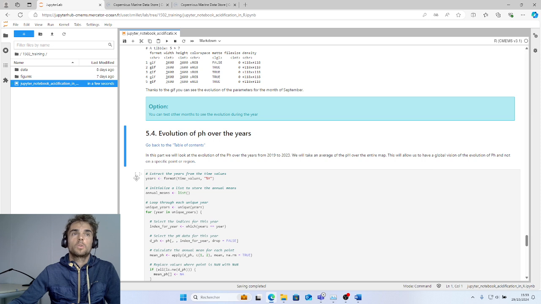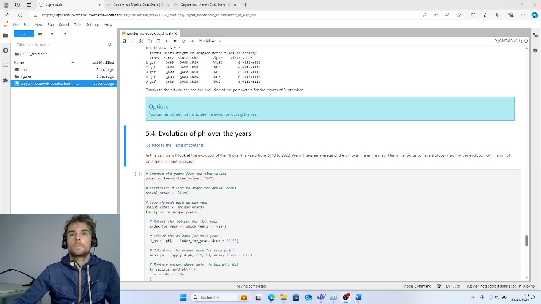Now, it is difficult to say if, in general, in this area, the pH is lower during the years or is higher. So in this part, we will look at the evolution of pH over the years. We will take an average of the pH over the entire map.